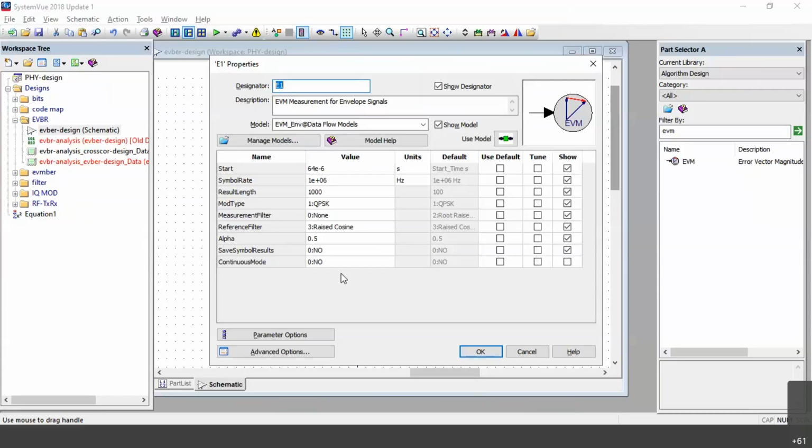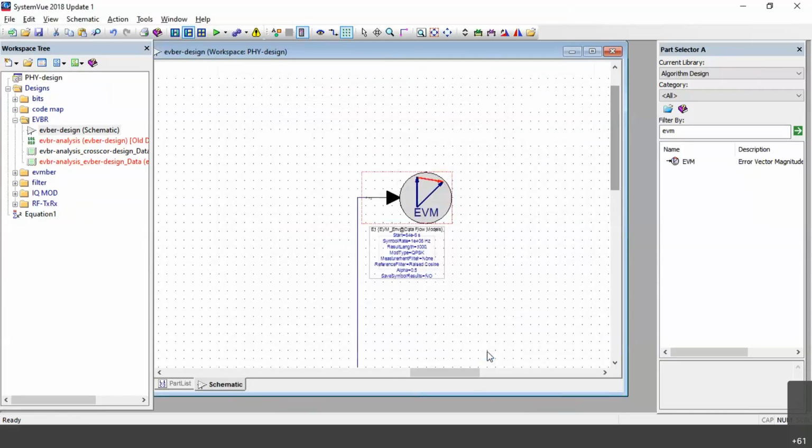Result length is 1000. Modulation type is QPSK. Filter is none. Reference filter we are using is raised cosine, alpha is 0.5. Test symbol result is no. Continuous mode is also no; I don't want to use continuously varying mode, I just want it one time. Then say okay.